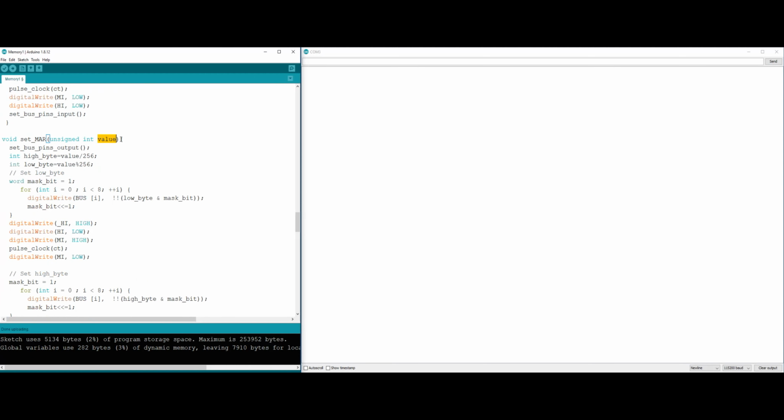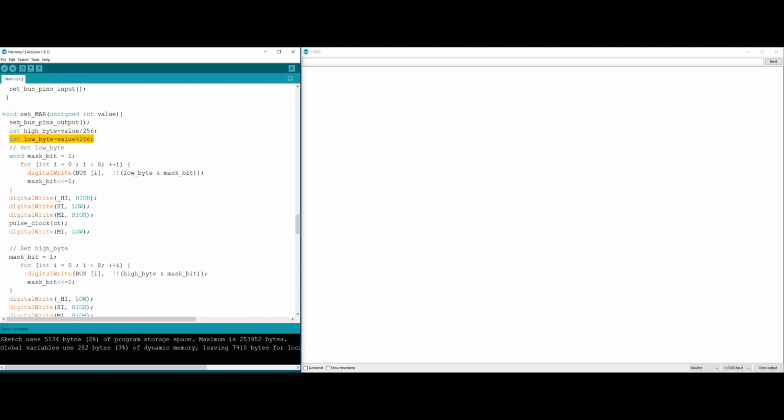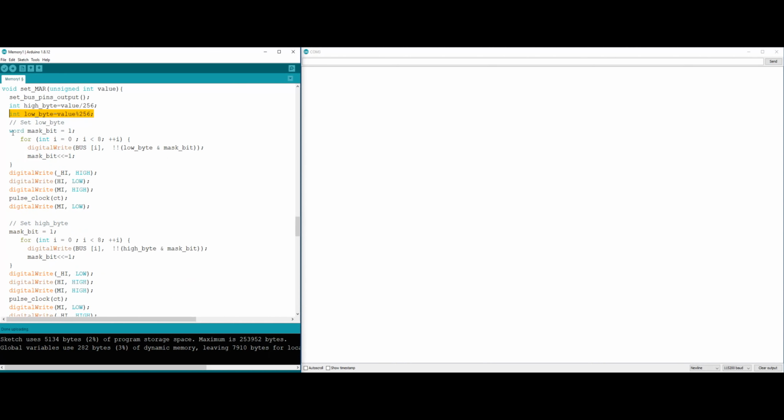What it does is divide that value, which is an integer, by 256, and that's going to give us our high byte. Then if we repeat the same process and divide that value by 256, but only get the remainder of the operation, that's going to give us the low byte. I've talked about this method and this function in detail in our program counter circuit in the past, so I'm not going to repeat everything here. But again, we get the low byte, we get the high byte,